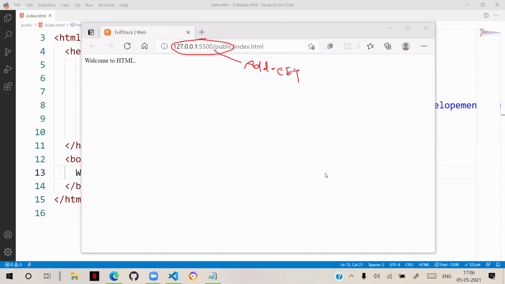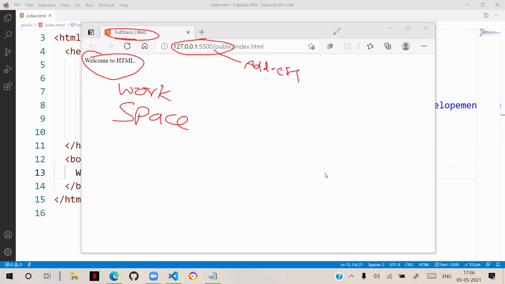And this is the title bar. We call that the title bar. And this white space, we call it the workspace. So whatever you want to display inside that workspace, you have to define in the body section contents.